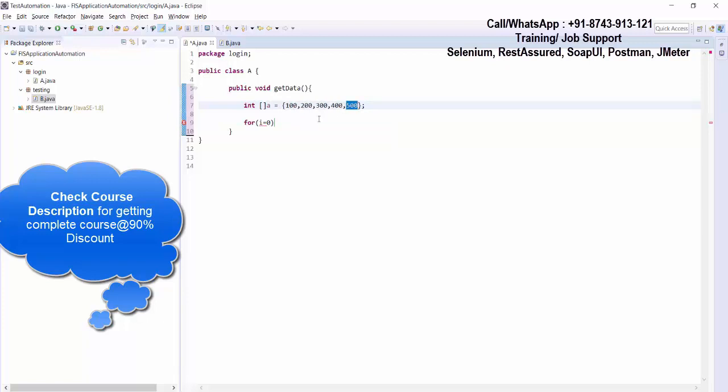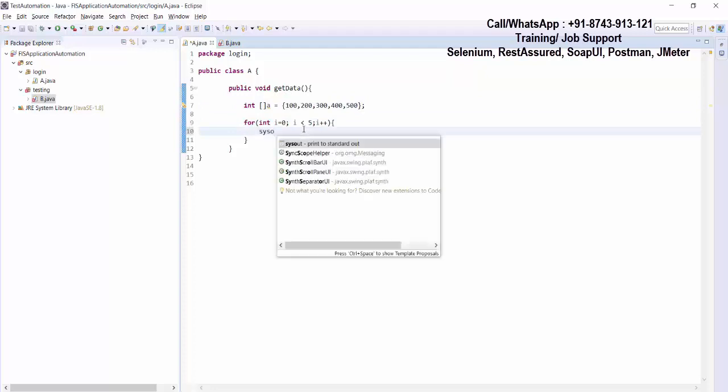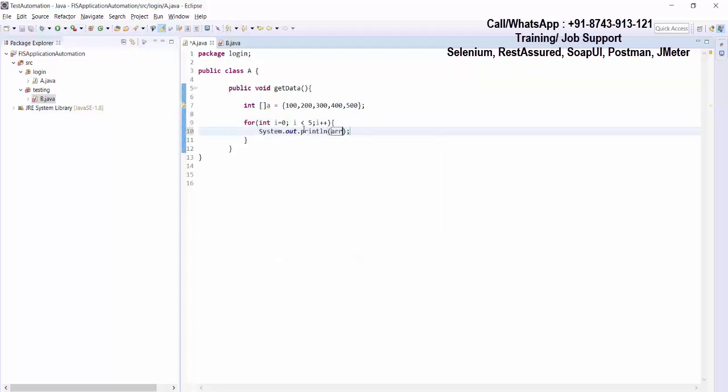So here I'm going to show you how we can fetch data from the array. But for that, first of all, I'll show you how to use the for loop. Then I'll come to the advanced for. So here we need to write i equal to 0, i less than 5, i plus plus. I'm just running a very simple loop from 0 to 4, because indexing would be 0 to 4. Now in the for loop, I can mention I want to fetch the value of the array saved by the name a. In square brackets, I'm just passing i.